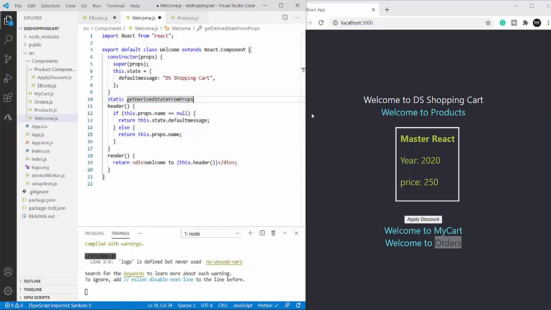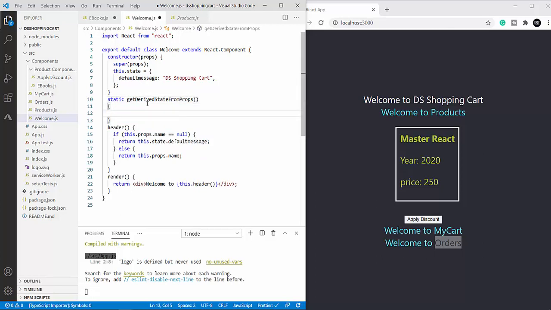The main thing that you have to remember is that along with this method, you will be passing two parameters. One is the props and the second one is the state. The state represents the current state of the component and the props represent the props that are being passed onto the component during the component call.